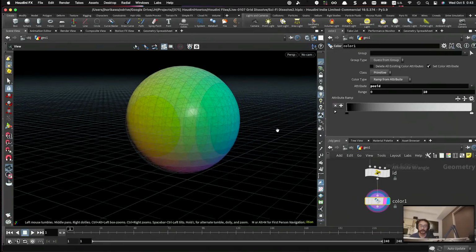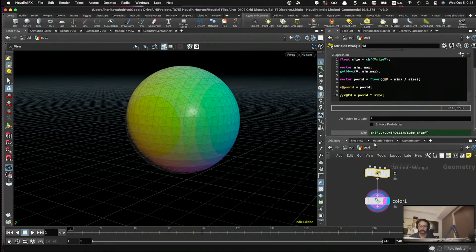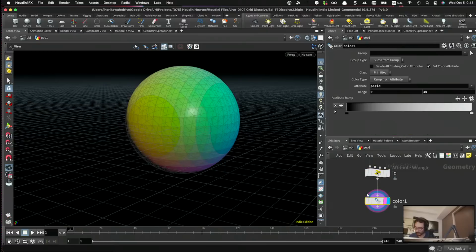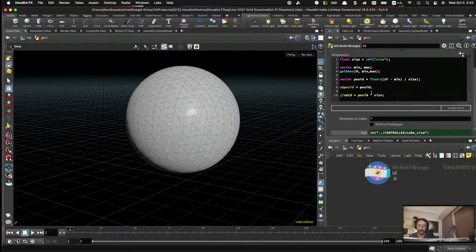Which didn't really give much anything. This looks pretty much the same. So